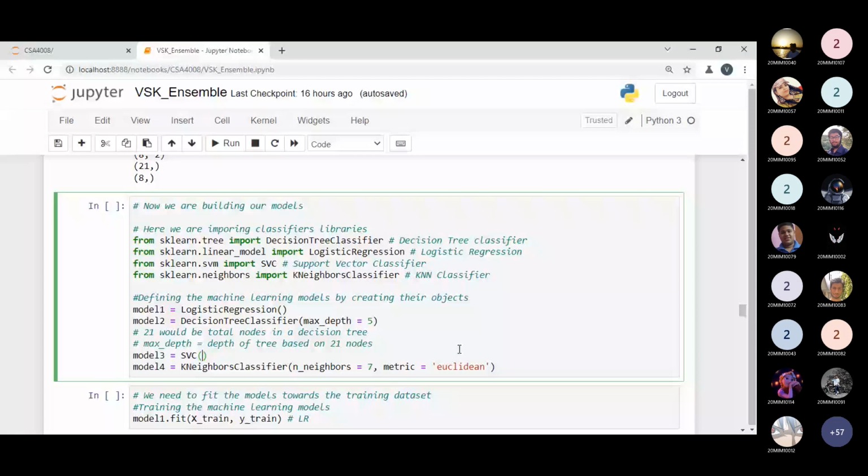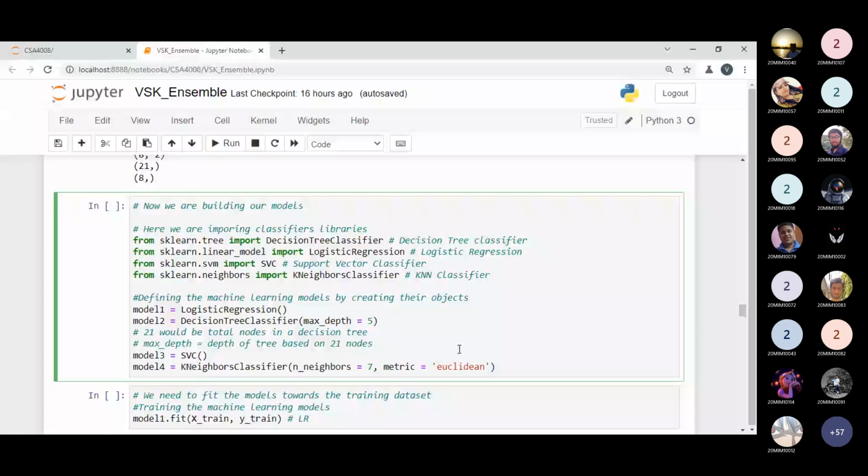In the KNN algorithm, the K neighbors classifier, I'm just passing the number of neighbors, that is the same. But if you want to update, then you can update. Tell me right now any updation. No, sir, 7 is fine. Okay, 7, I'm just keeping as it is. And the Euclidean distance we have to pass over here, that is the method by which we can calculate the distance. So model 1, model 2, model 3, model 4 are our objects.